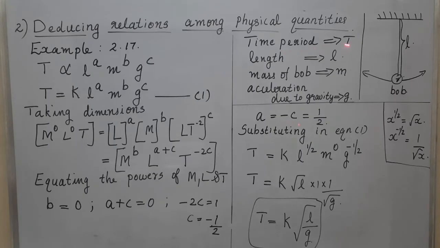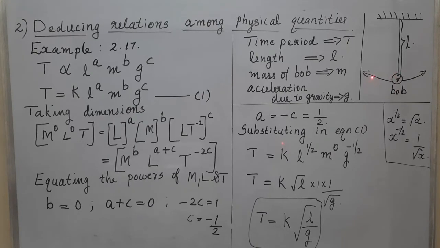So in this example, a simple pendulum is mentioned. A simple pendulum consists of a string which is fixed at a rigid support, and the free end of the string is connected to a massive bob. Now if we take the bob to one side and leave, this bob will be moving like this. That's what we mean by oscillations of the simple pendulum. What do you mean by one oscillation?